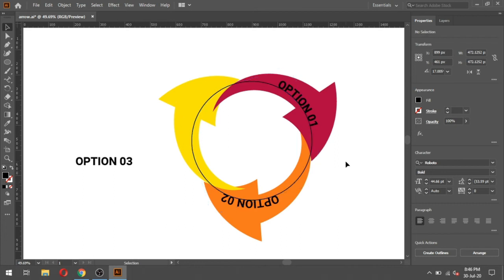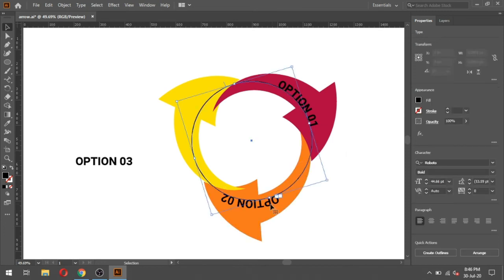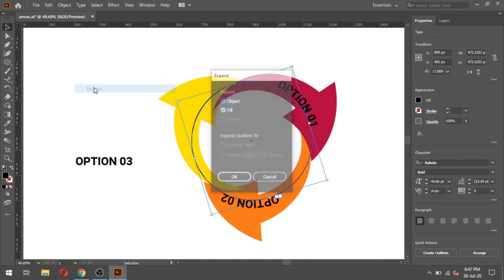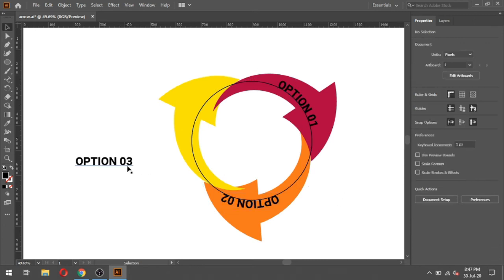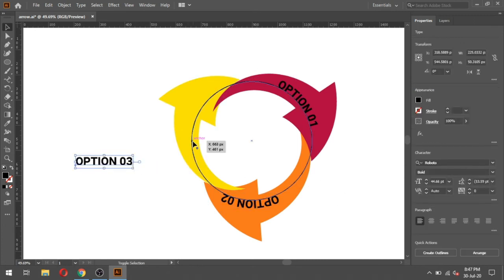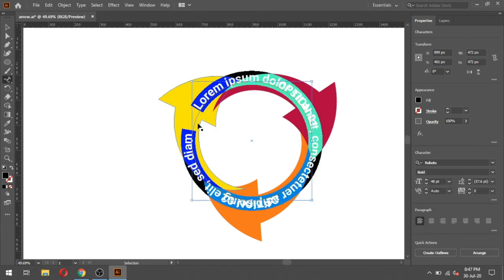Now select this circle for text. Select this text, go to Object and click on Expand. Okay, now select this text, cut it, and paste here.